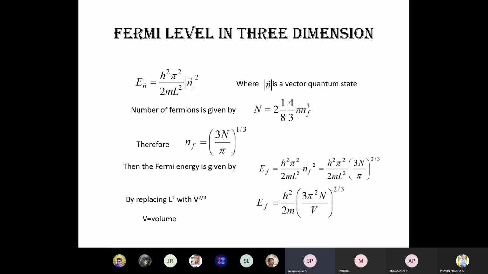Once we rearrange this equation, we get nF equal to 3n by pi, to the power of 1 by 3. So we get the value of nF. Then the Fermi energy level, you know the previous formula. The same thing, we put it in place of nF, and we get an expression that EF is equal to h squared by some 3